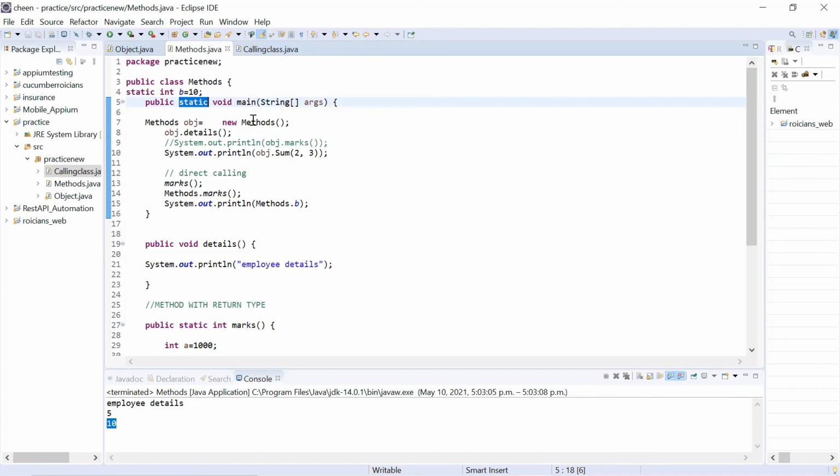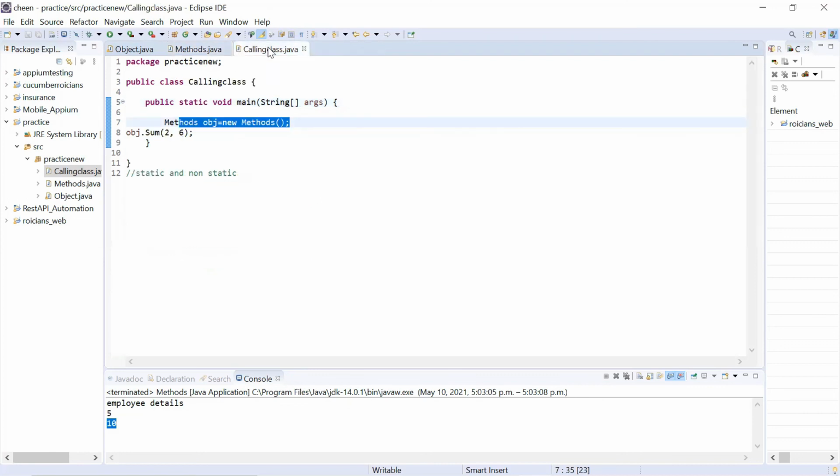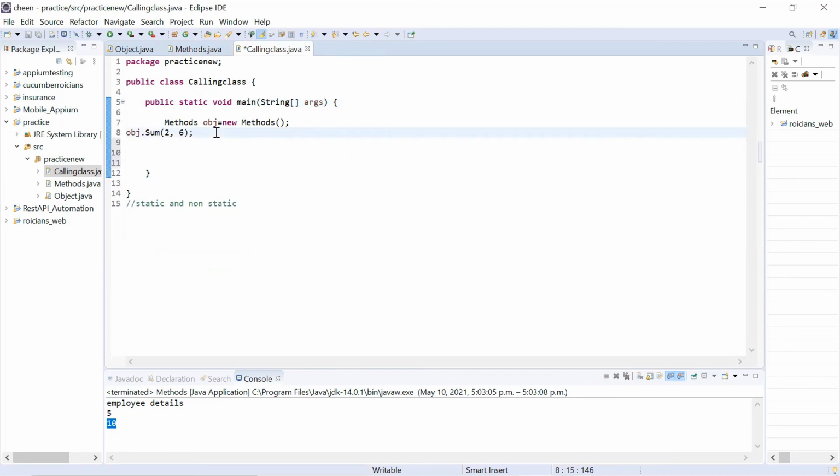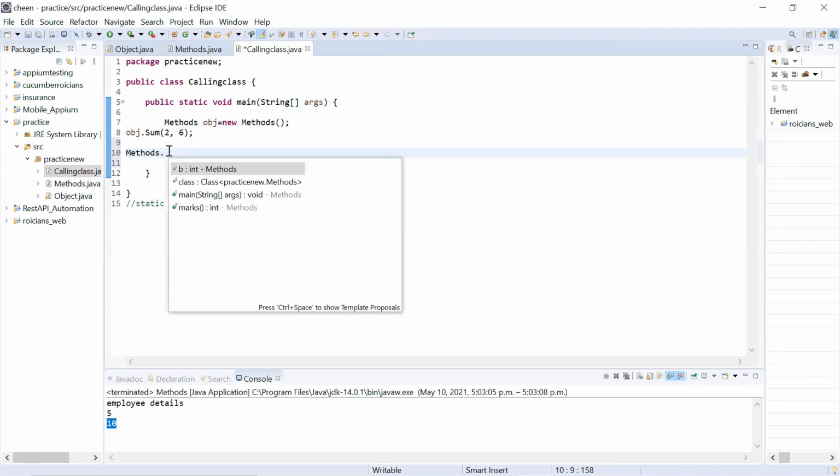Now let's understand how to call static methods in another class. Here we understood, guys, if you want to call method which is non-static like sum, you can create object for it and you can call it. But if I want to call static method, here also it is the same rule. You will be writing name of the class dot. Look at this. I got all the methods here. You can use marks, semicolon.